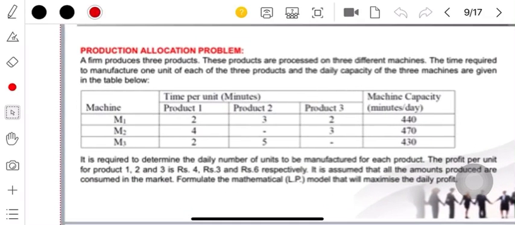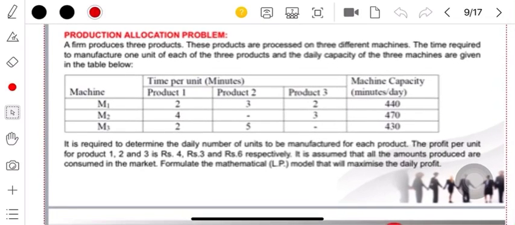Okay, so let me take this example. This is a production allocation problem, and now I will show you how to formulate a problem. I have discussed one method of solving a linear programming problem. One more thing I want to discuss is the limitation of the graphical method: it can only be solved for two variables, because we can plot only two variables on the x and y axes. Although it can be solved for a three variable problem, we have to convert it to the dual form. For more than two variables, an analytical method is used, known as the simplex method, which I will be discussing later on.